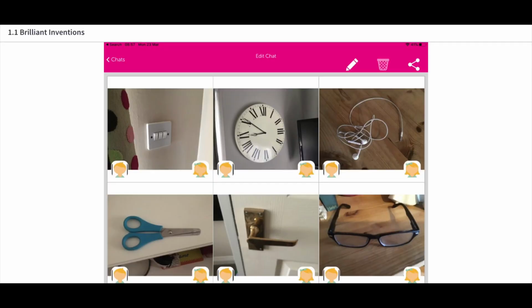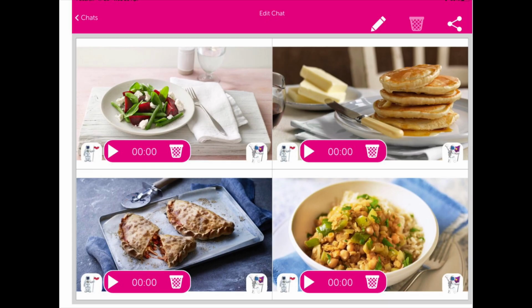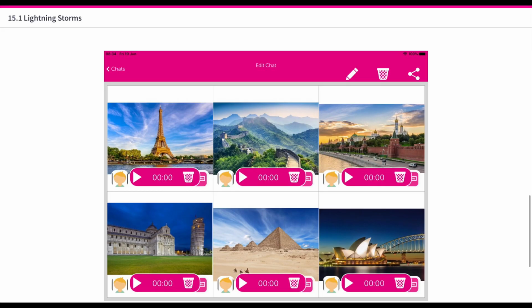Beyond that, there are hundreds of activities, and you can scroll through and see the ones you like and do them with your child, or ask your son or daughter to take part in them themselves. And all of these create a Chatta storyboard, pictures and words. Now you can send that storyboard to your teacher. You could send it to us at Chatta.